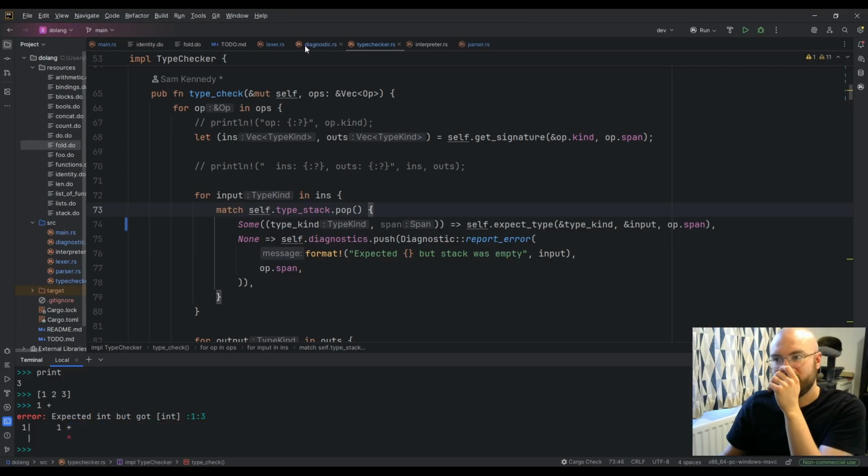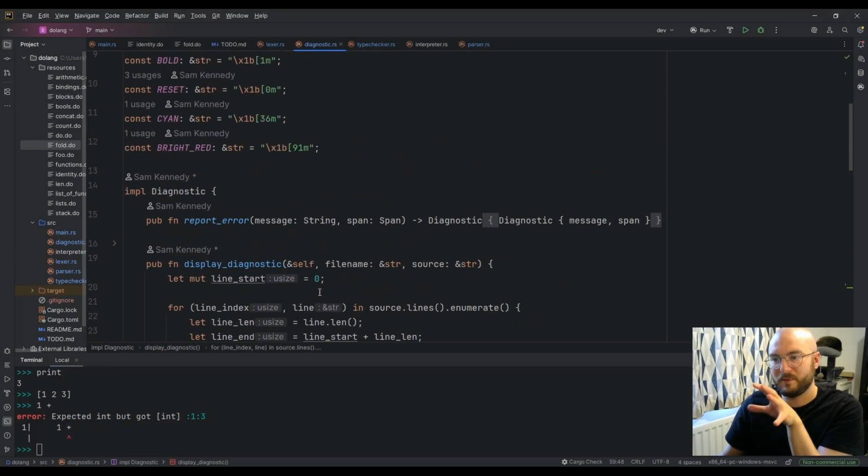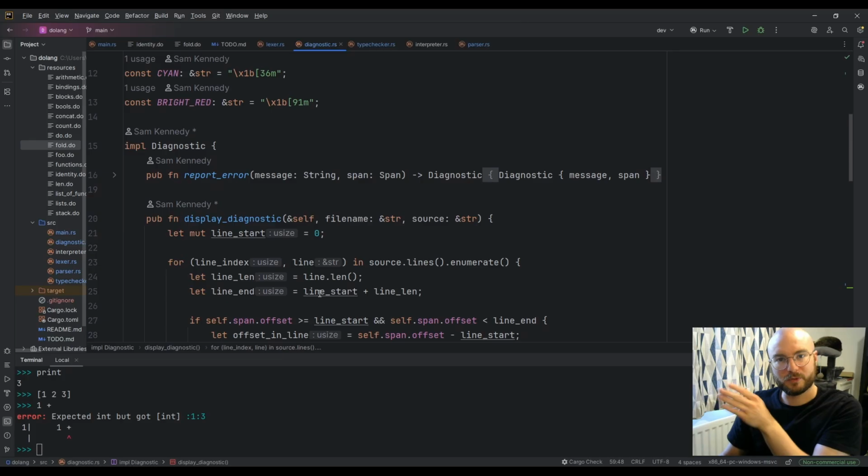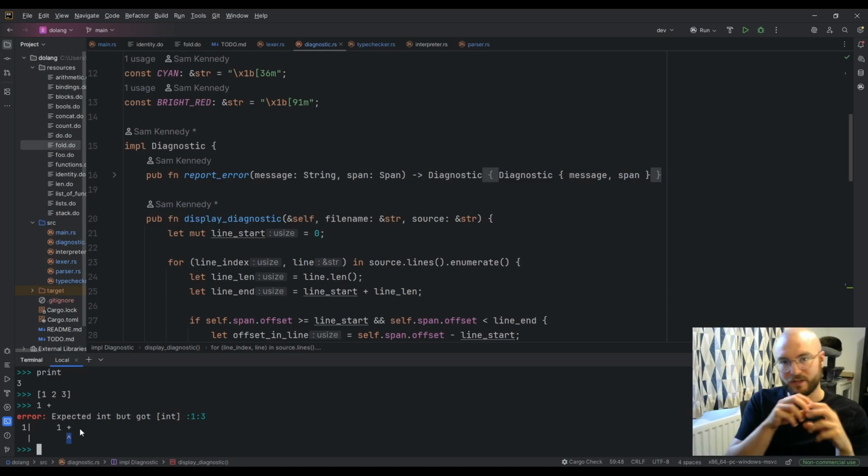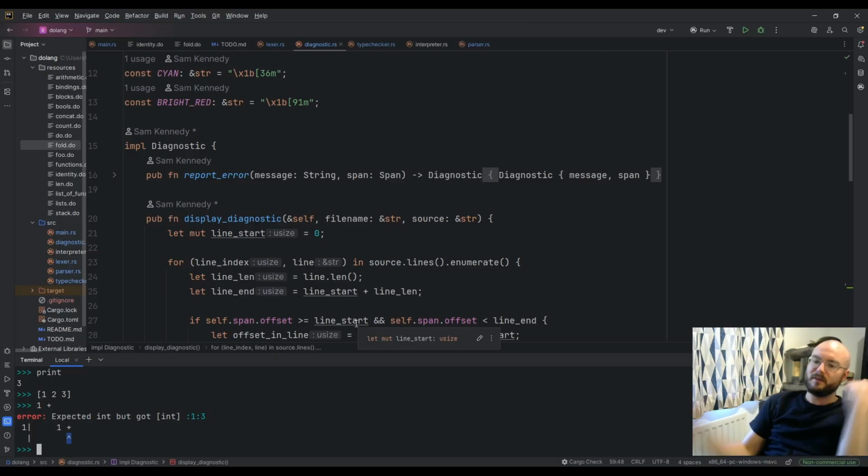So I think I need to update this to be able to accept multiple spans, and it will report the error in the first span. And then maybe you can give it more like pairs of messages and spans. So if you try and declare a function that's already declared, it will say, oh, the function was already declared here. Or if you do this, it will say, oh, the array of int was introduced here. So I think that's probably a good idea. But that will have to wait for another time. I think what we have now.